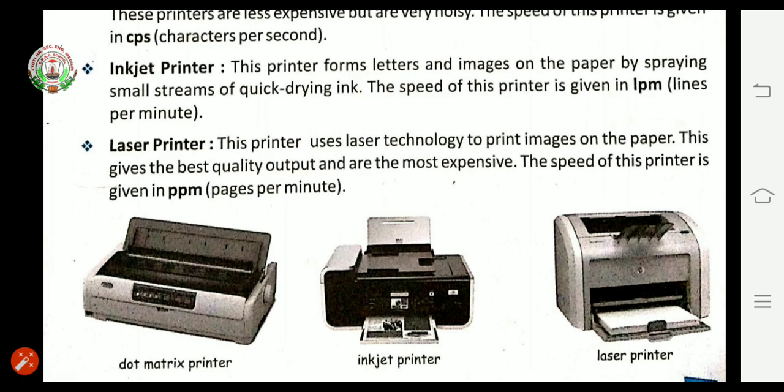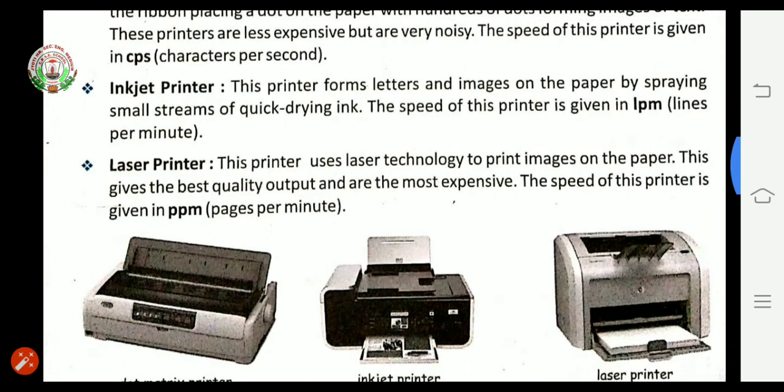The speed of the printer is given in LPM, that is lines per minute.